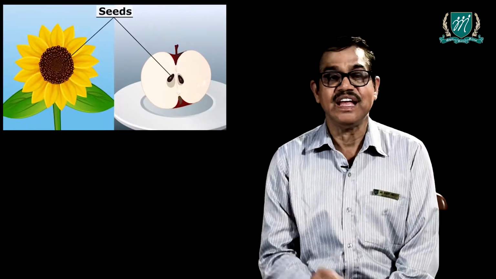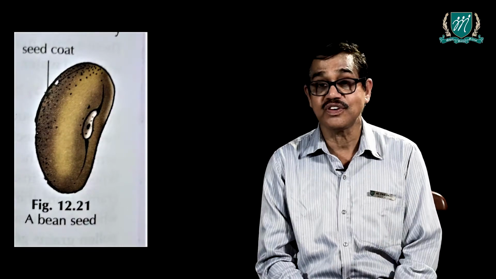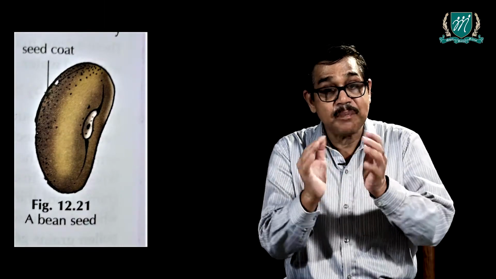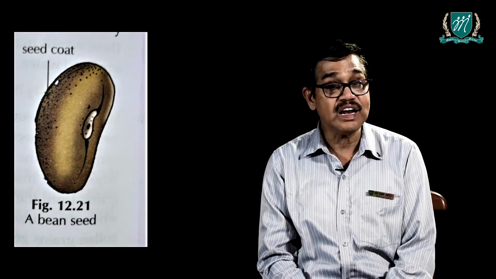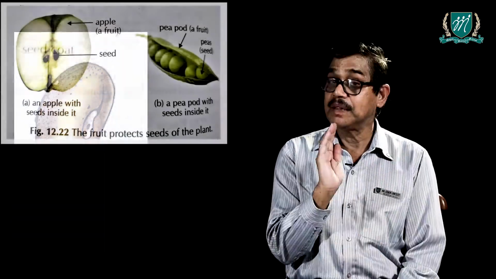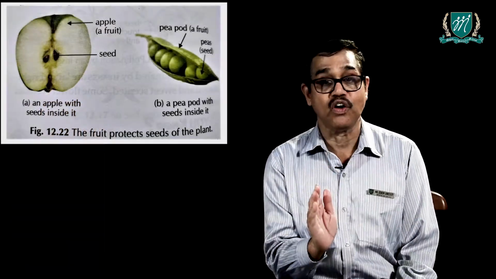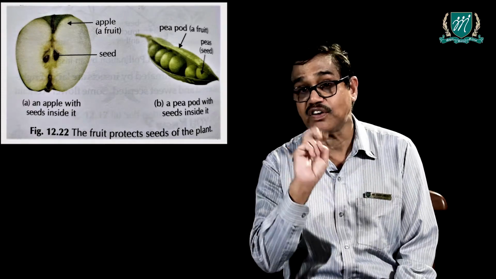The seed. Seed is the tiny life support package that gives rise to a new plant. Seed consists of a pip, a nut, or a bean. The parts of a seed. The parts of a seed are the seed coat, which covers and protects the cotyledons and the embryo inside. The cotyledons are two leaf-like structures. The seed can be a monocotyledon seed or a dicotyledon seed.